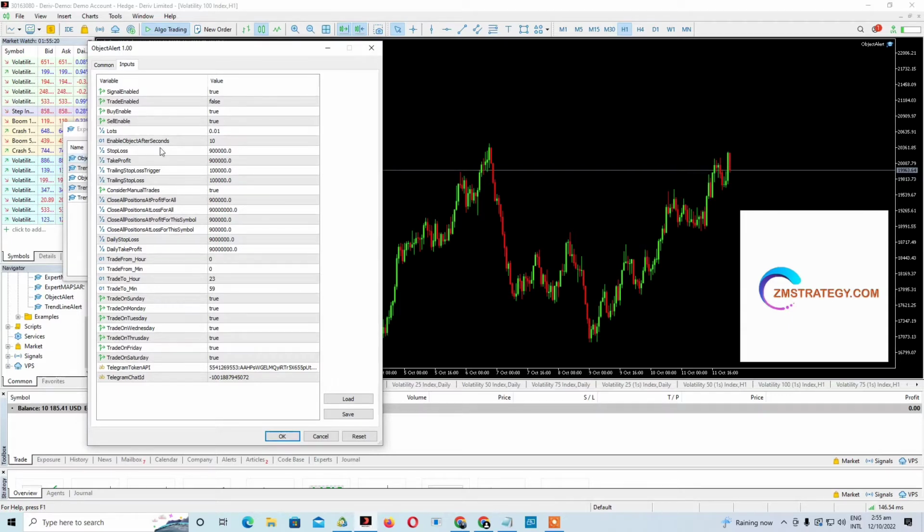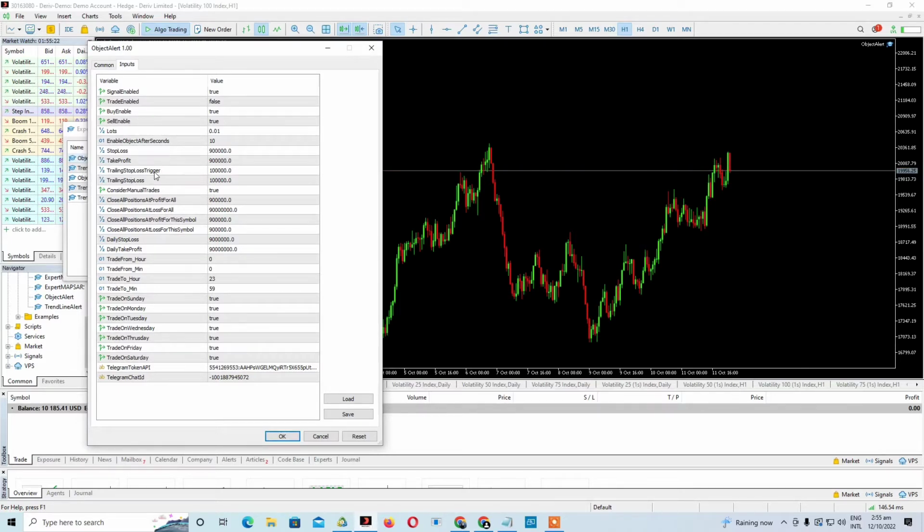You can set the stop loss, take profit, trailing stop loss, trailing stop loss trigger point. You can see you can also consider manual trade. Now this feature is that you can decide to off this, you can decide to on it. Now the reason of this is that if you want to take manual trade using your phone, so you can on it. So whatever setting that is here currently is going to affect those manual trade on your phone